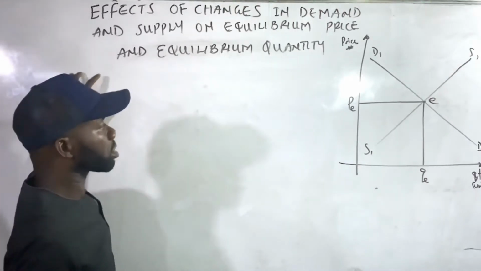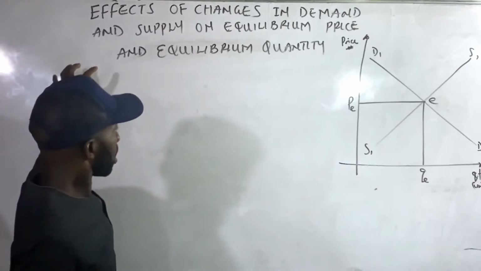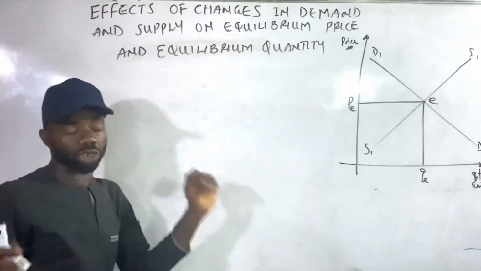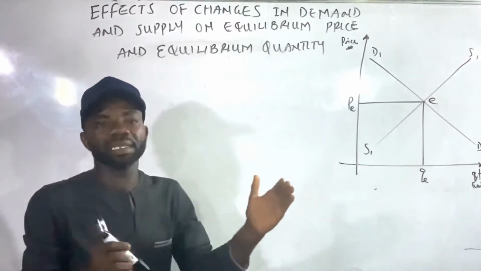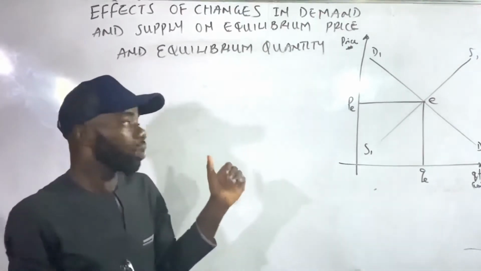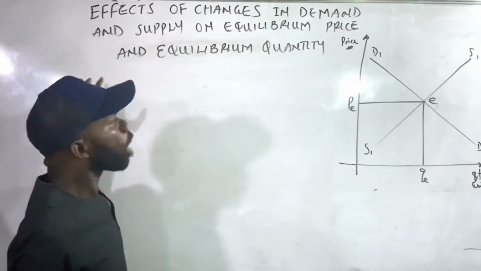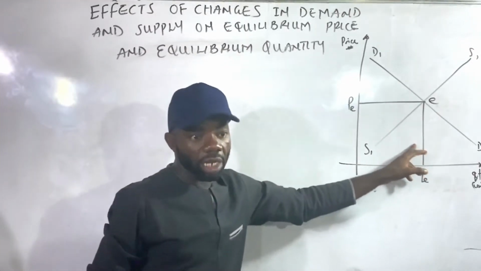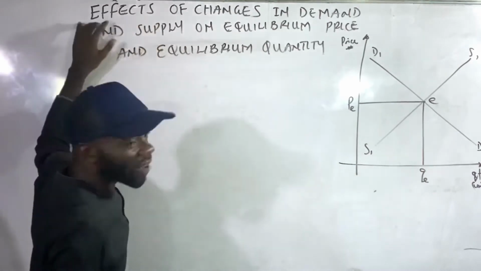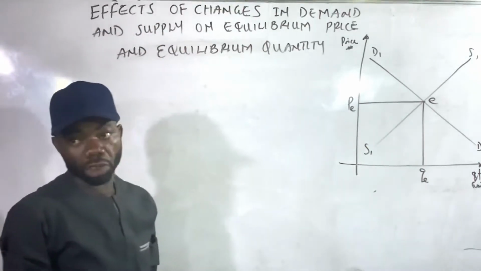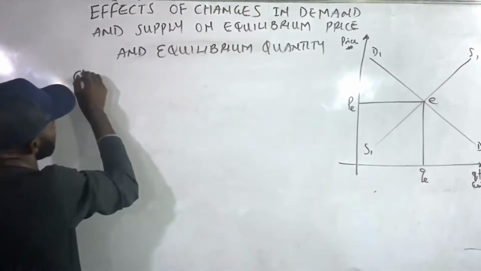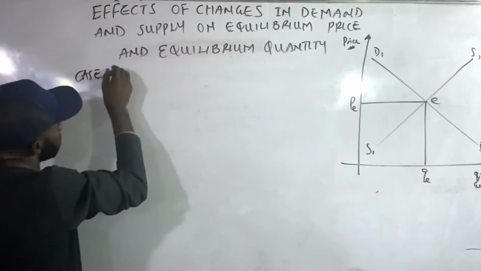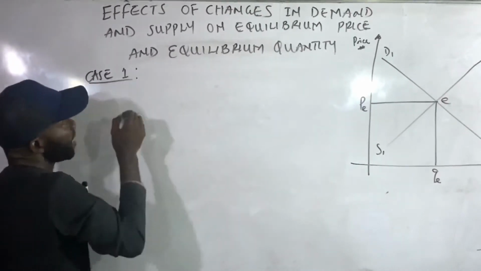Case number 1, we'll be coming with an instruction that says increase in demand only. And when we have to put up those cases, all we need to just do is obey that instruction on this original knowledge, and then check out what the effect is after obeying the instruction. So let's consider case number 1, which says